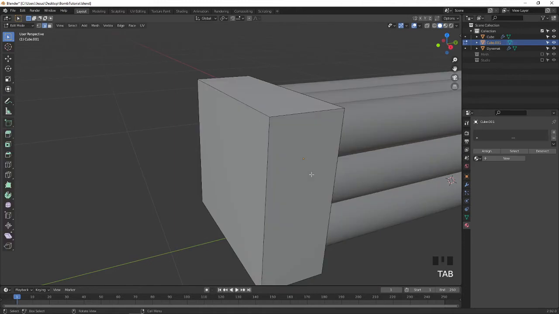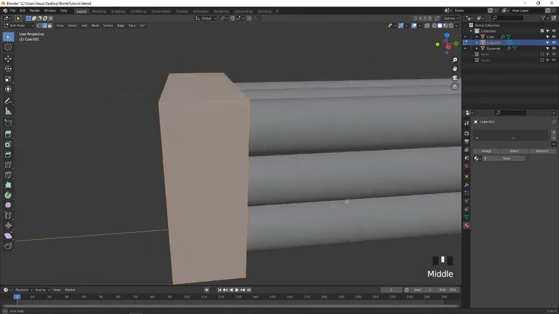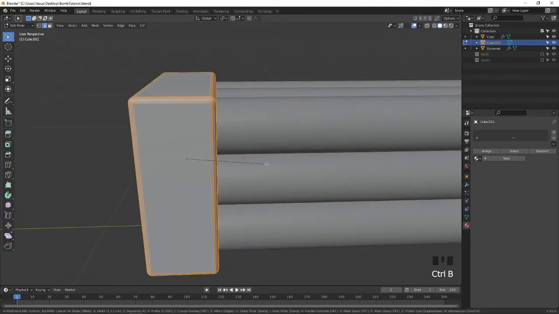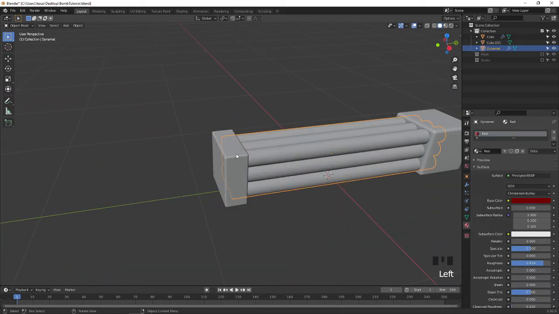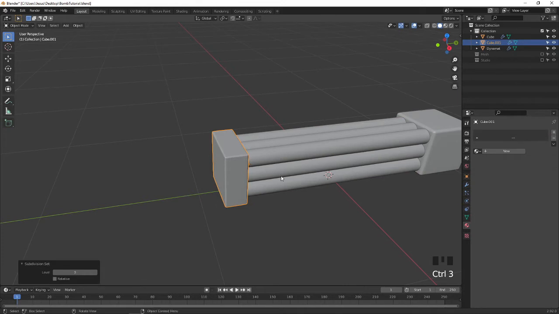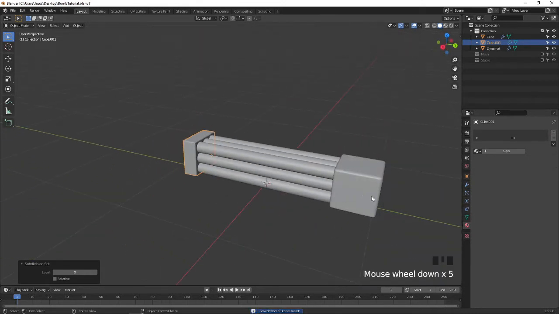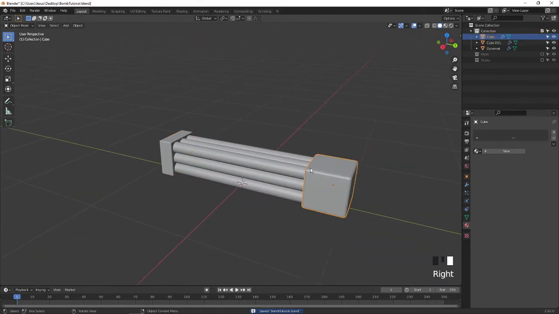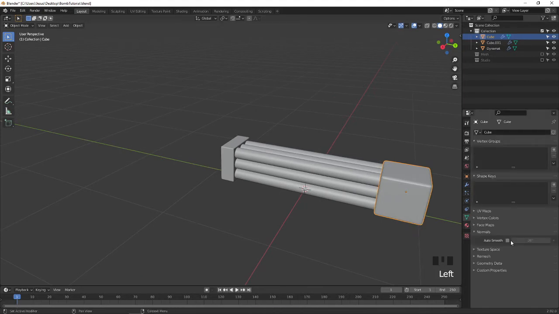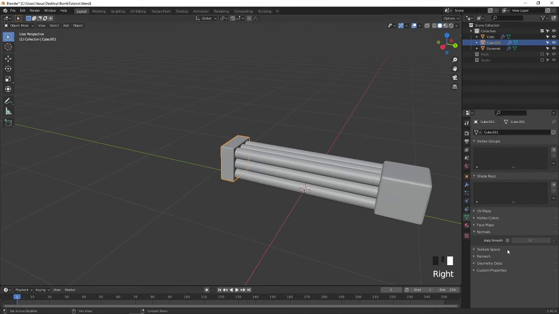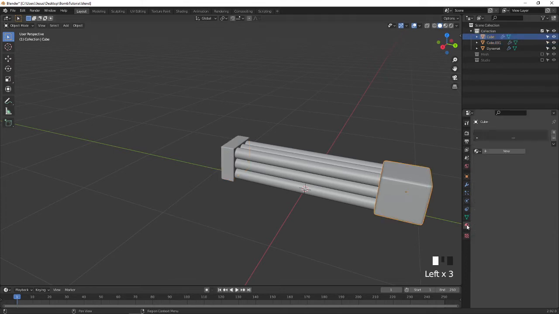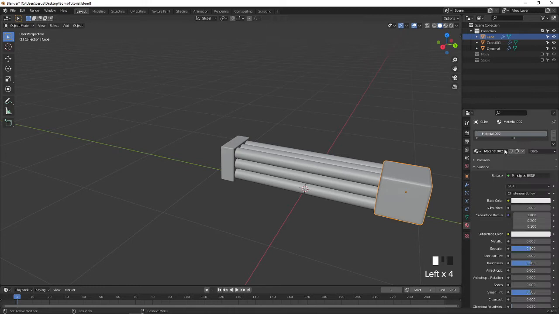Fine. I'm going to make the same for this one. Press A to select all the edges. Press Ctrl B to bevel. Okay, go back, select this and press Ctrl 3 to apply the smooth and subdivision modifier, and I go to this and apply the normal for the same, shade smooth and apply the normal, and I'm going to select this material. So I'm going to create a material for this. Press new and make it black.